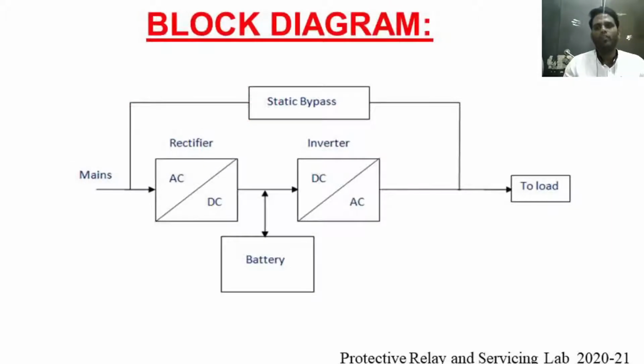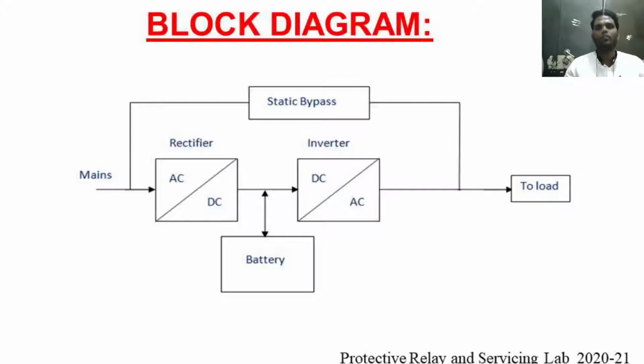So this is the block diagram of a UPS. It is an online UPS. Here you can see that the supply will come from the mains and go to the rectifier, where I convert that AC power into DC power, and again convert that DC power into AC power by means of the inverter, and then connect it to my load. At the same time, the power converted by the rectifier in terms of DC is fed to my battery, so that I am continuously charging the battery.